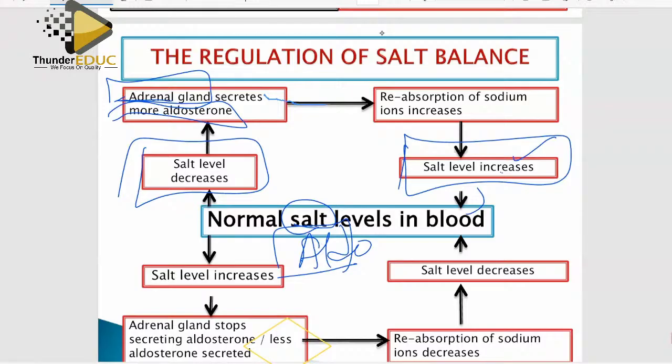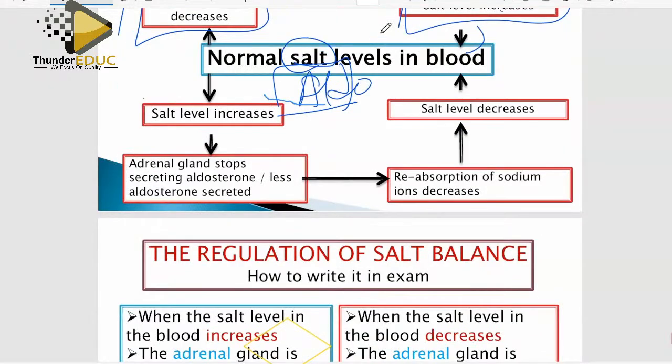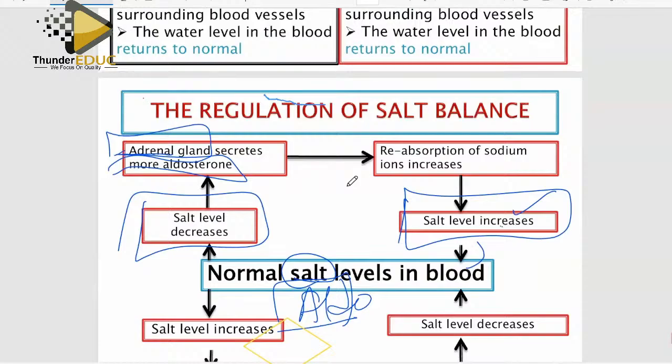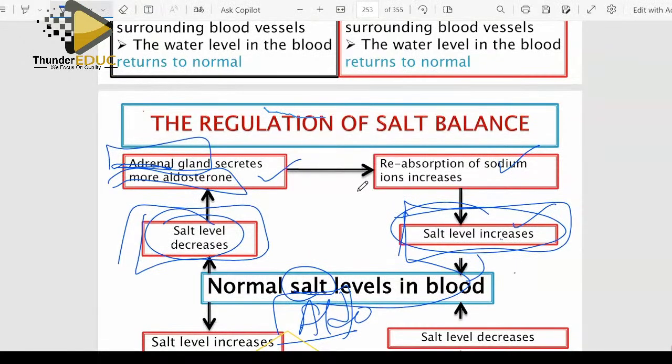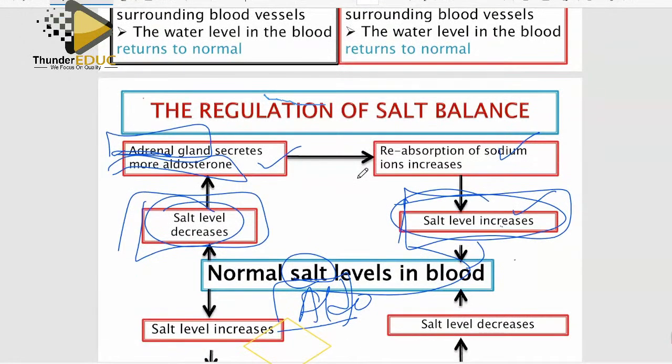All right, guys. You see that everything is in the same story. You just need to know normal. If it is increased here, the last point is decrease. Talk about the gland. Give me the function. Which hormone does the gland produce? Once you know it, tell me the function of that hormone, and then the thing will go back to normal. Simple, simple. All of them. So guys, when you come back, make sure that you know all the locations of the hormones and the functions of the hormones. I think, guys, I'm going to stop here.